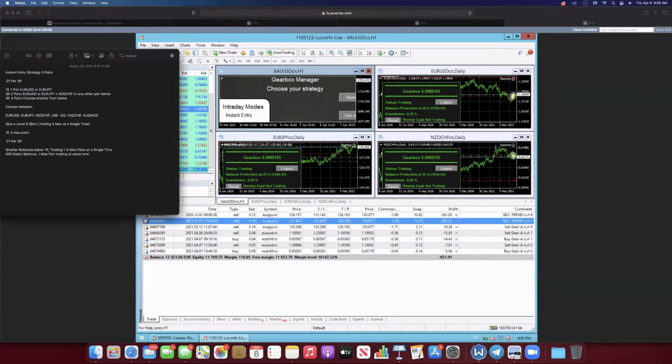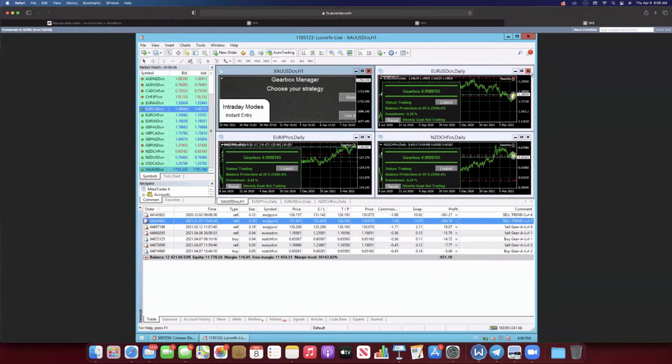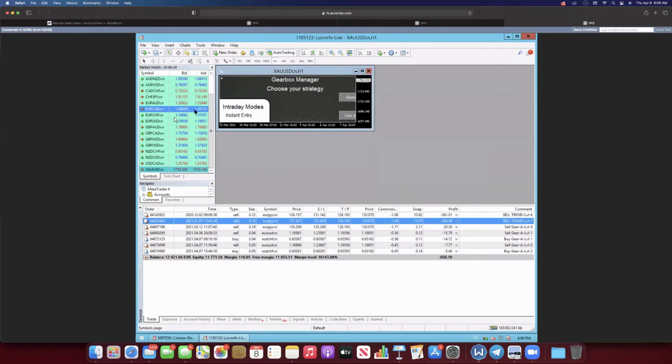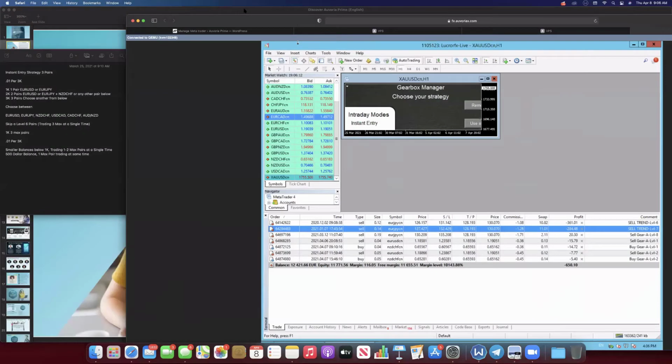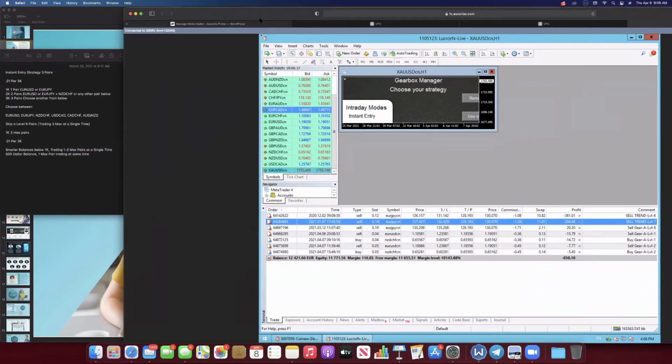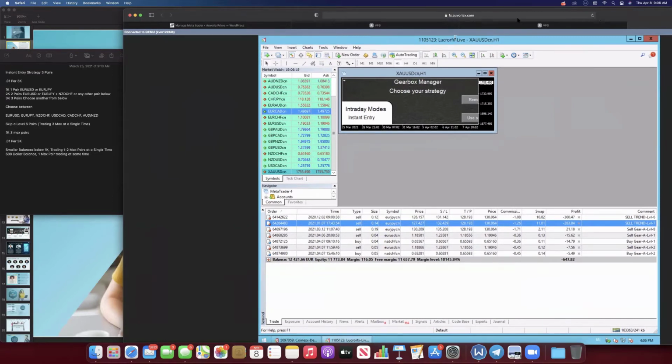But you look at Euro USD and USD CAD, and all of these have performed phenomenally well with instant entry or skip a level strategies. But the key, again, is in choosing which pairs you do want to run if you're going to run skip a level. So if we were going to set up, let's say, a skip a level account, let's just close all this, pretend this is a fresh account. You're going to go over here and choose the pairs that you want to open. So if you were doing instant entry, let's actually look at something.